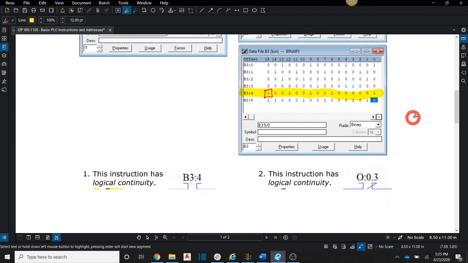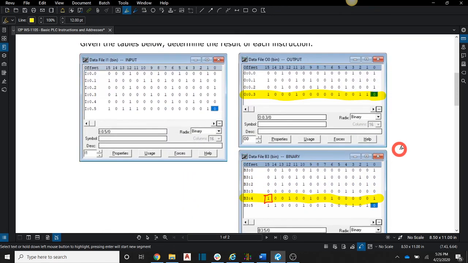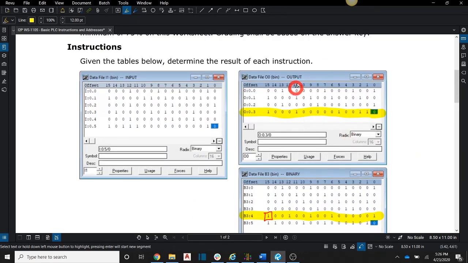And then we have to know which one. This is a bitwise operator as well, meaning we have to specify the address down to the bit, and in this case it's going to be the 12th bit. And so that 12th bit we can find right here in this column. So we'll mark that with a